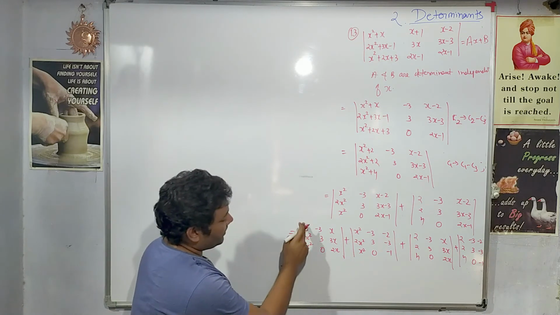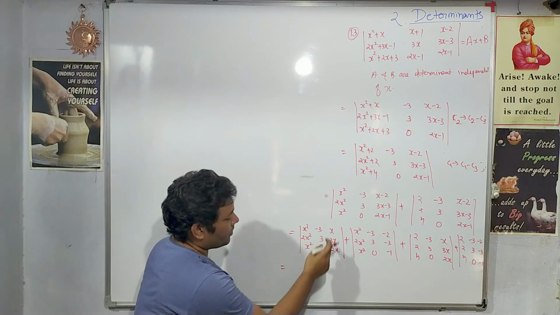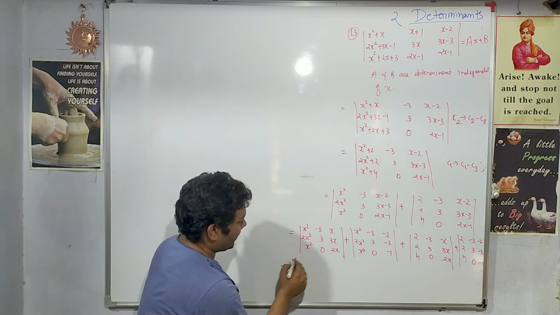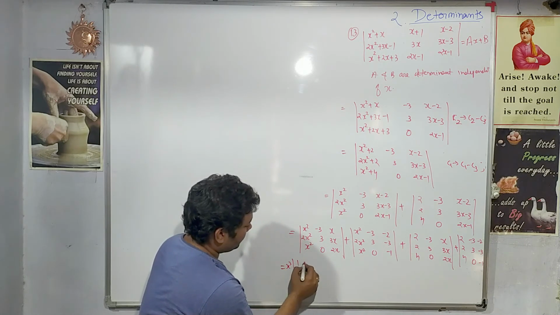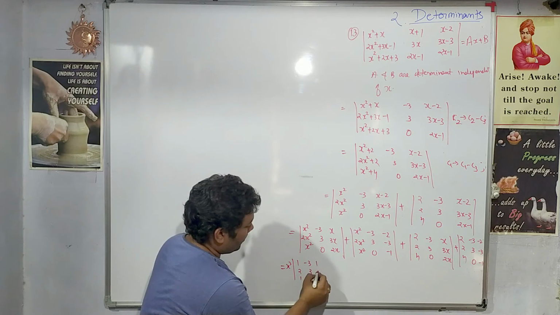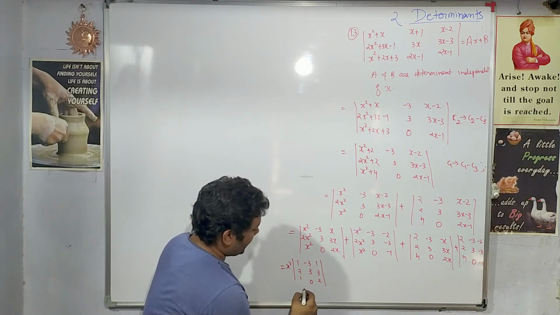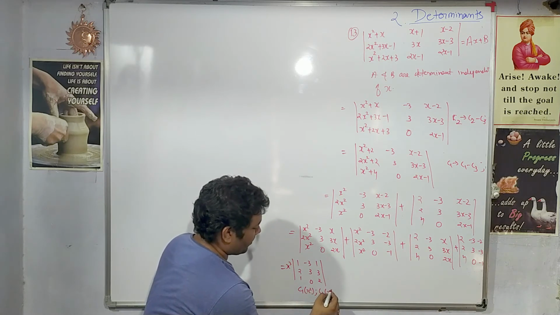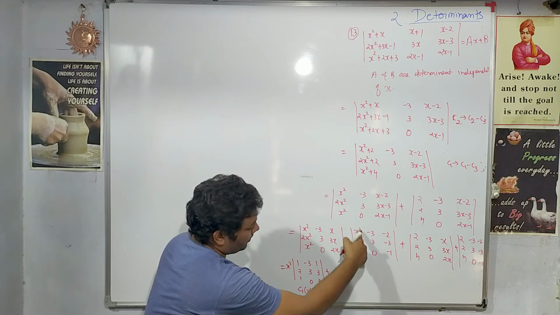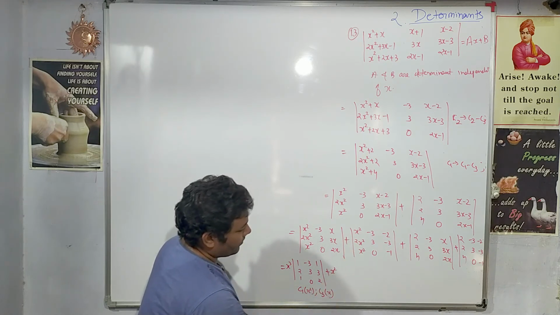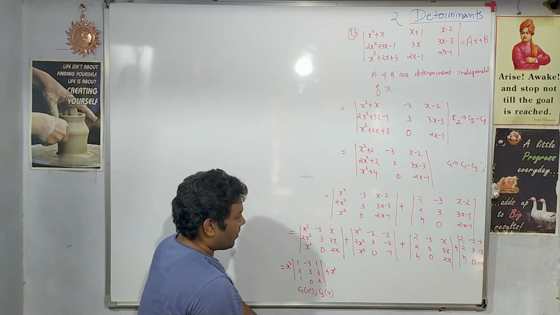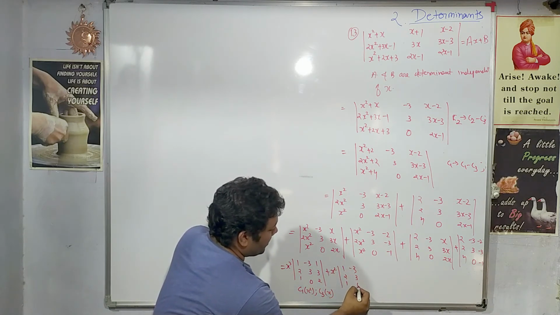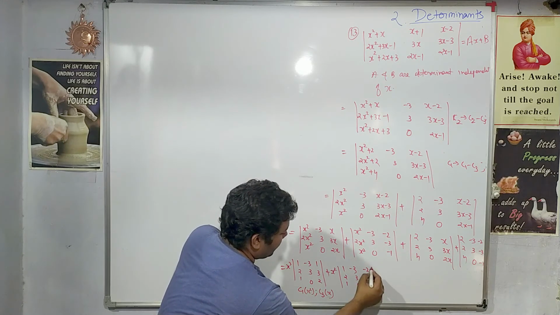So in the first determinant, I can take x square common from the first column and x common from the third column. So I'll have x cube common. So here 1, 2, 1, minus 3, 3, 0, 1, 3, 2. What is the operation I have done? From the column 1 x square common, and from the column 3 x common, plus here I have x square common, so I'll take out x square common. In fact, I can take minus also common, but I don't want to do that. 1, 2, 1, minus 3, 3, 0, minus 2, minus 3, minus 1.